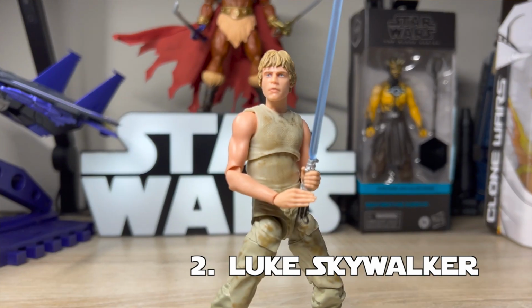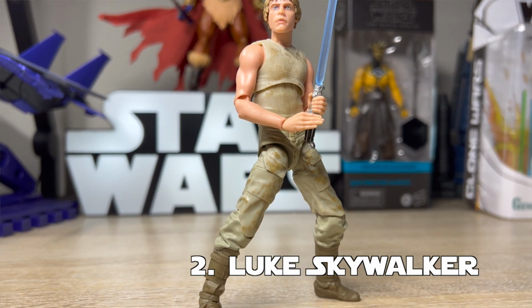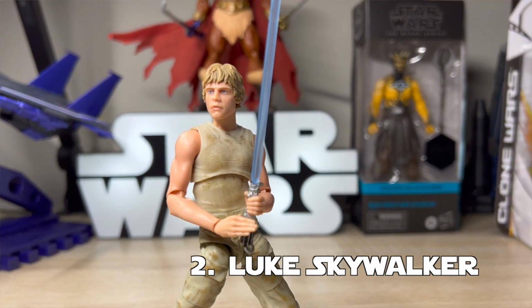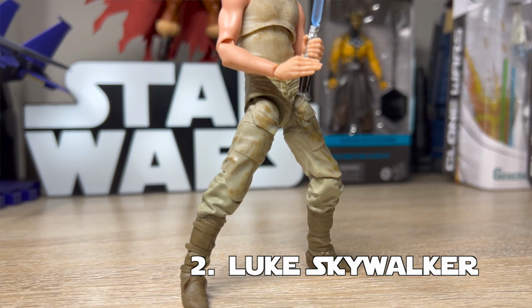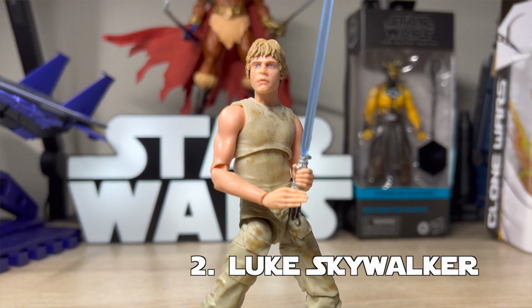Maybe not the most iconic look for him, but it is an iconic look nonetheless. But it also happens to be easily the best release of the character in the entire line. Not only does it actually look like Mark Hamill, a feat Hasbro has historically struggled with since the beginning of time itself, he's also sporting new sculpting and articulation techniques that allow him to look good no matter what pose